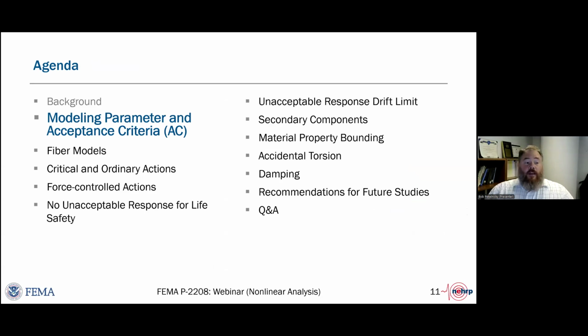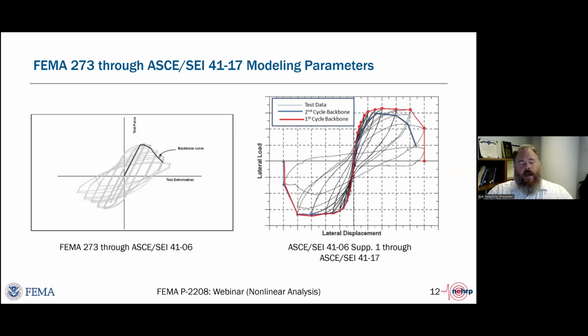So we want to start the stage with some significant updates to the modeling parameters and acceptance criteria for nonlinear analyses. If you go back historically to FEMA 273, they proposed what was known as a second cycle backbone curve, where you would take a hysteresis from a research testing of a structural component, where they isolated one specific component action and did cyclic testing on it and generated the component hysteretic curve.